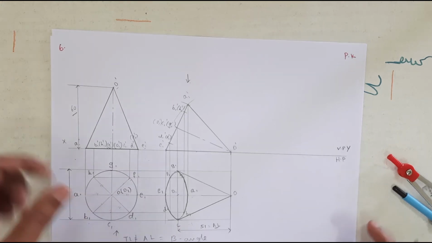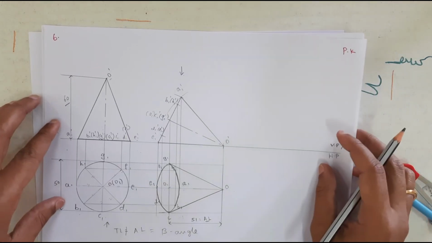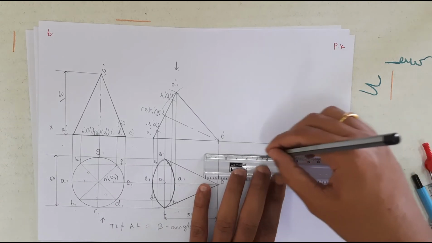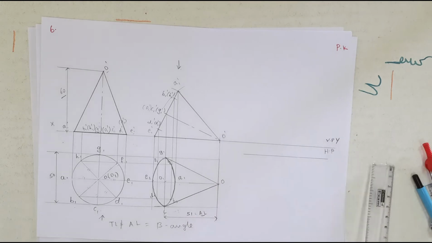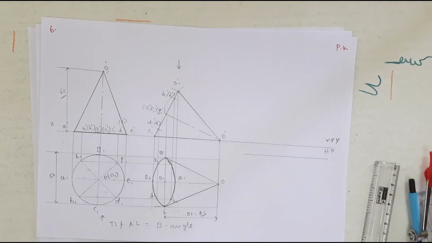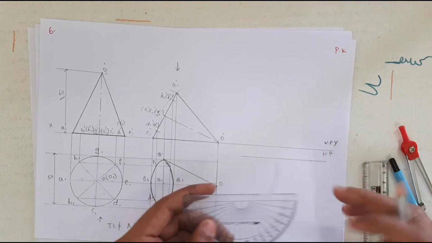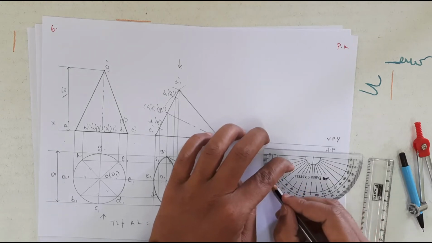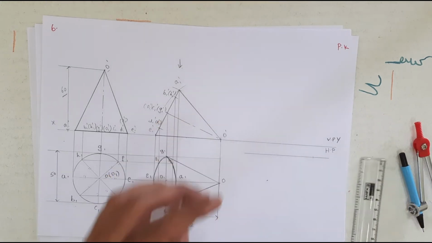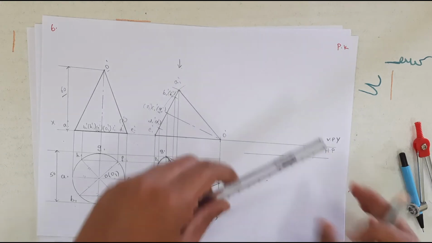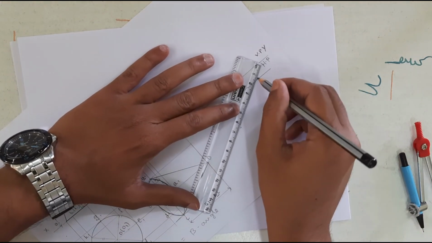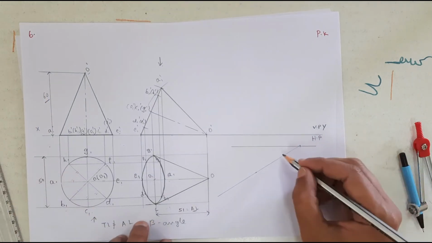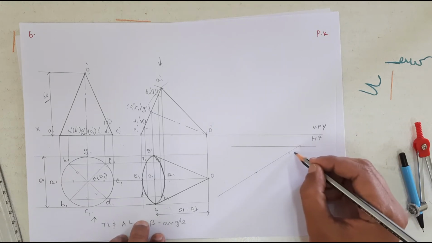Beta angle. Okay, so for that what I am going to do is, I am going to draw a line which is parallel to the XY line at certain distance, so that it will be very easy for me to do the top view. Okay, so just take one reference point. From this I am going to take the measurement of how much? 30, and I am going to draw the line. Okay, so after this I am going to fix the apex O.